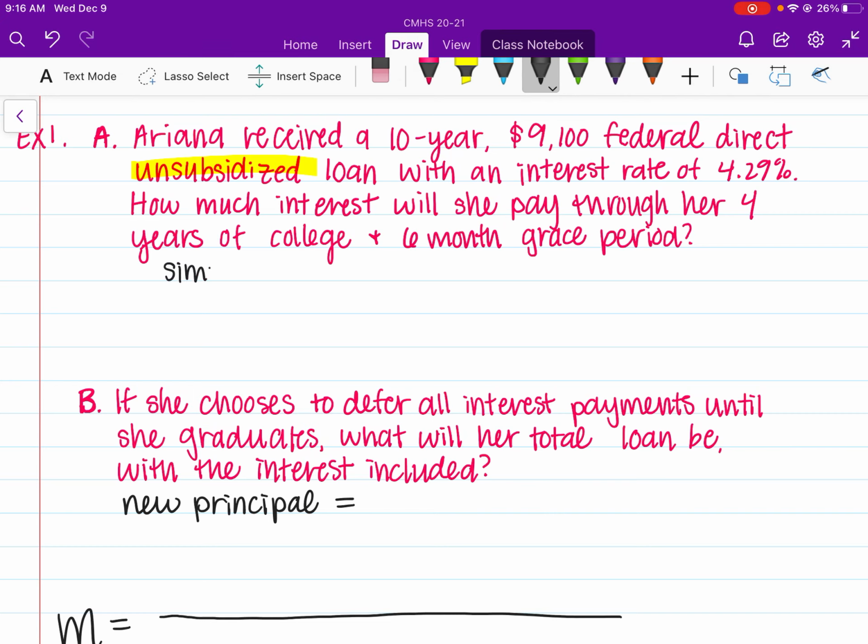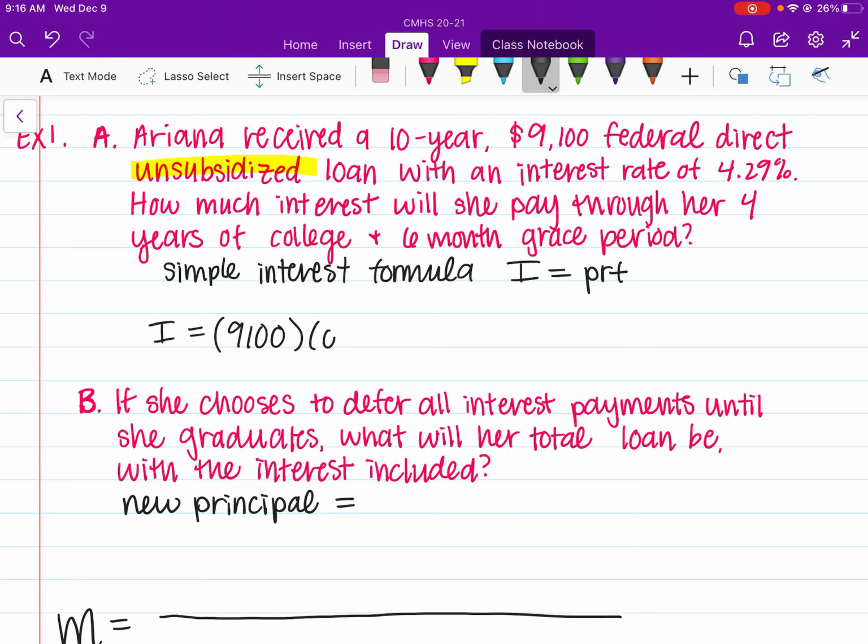We're going to flash back in time and just use the simple interest formula. This is from the banking chapter. And you might not remember, but it is I equals PRT. So I equals P, the principal, 9100, times the rate, remember to put it into a decimal, 0.0429,